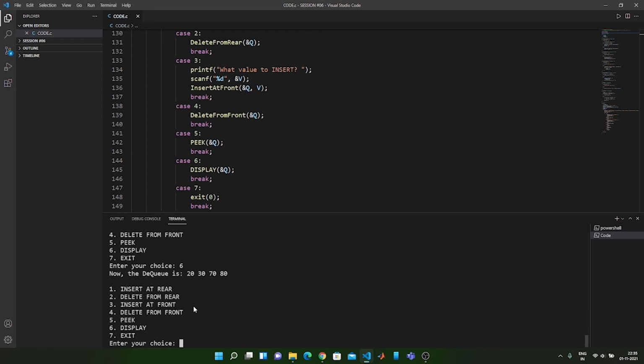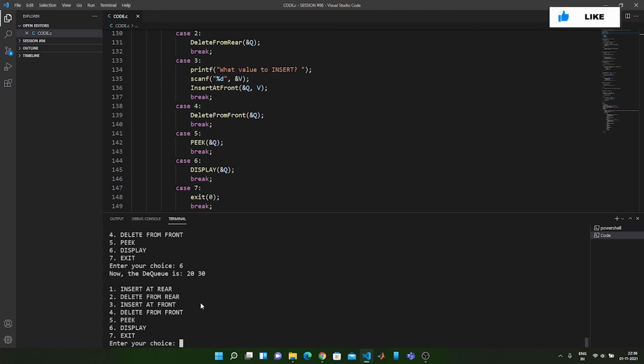And if I delete from the rear now and see the content, as you can see 80 has been deleted and the content now is 20, 30 and 70. And if I delete from the rear once again and display the content, we will get 20 and 30.